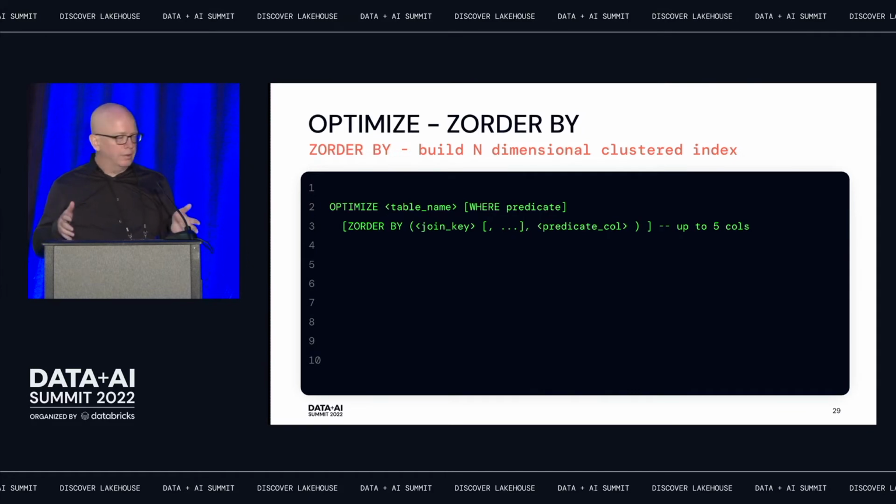And Z-ordering, when you add that, you're essentially building this n-dimensional clustered index. So it's reordering all the bits and bytes in there to help, like when you access, let's say,